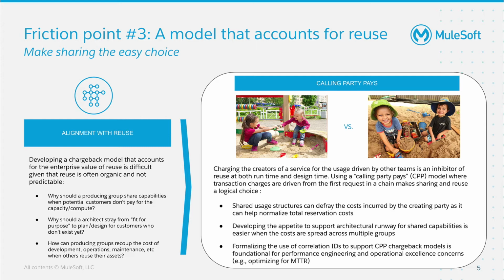To get past this last friction point, we can borrow a trick from old school telephony known as calling party pays. Calling party pays is a telephony term that refers to a charging method that US-based phone companies use to drive cellular adoption. By introducing a structure that relieved phone owners of being responsible for the cost of others calling them, they took a major objection for phone ownership off the table. If your team doesn't create a structure to recoup the cost of compute and/or the cost of designing a reusable component, the altruistic incentives to create and share reusable componentry just aren't strong enough to overcome local optimization behaviors.